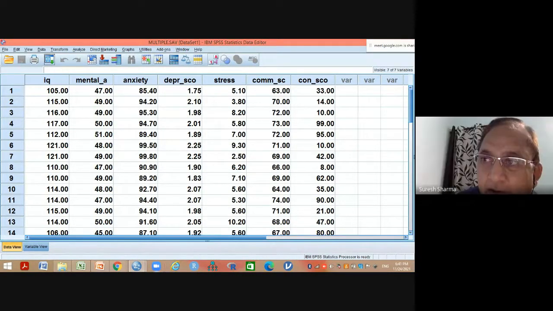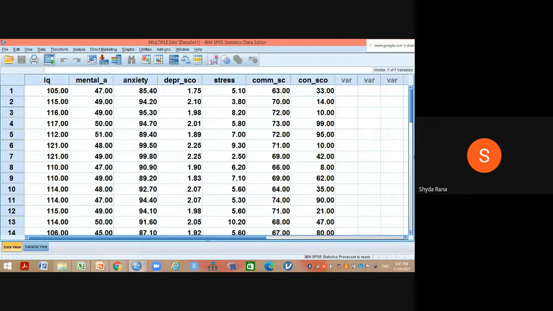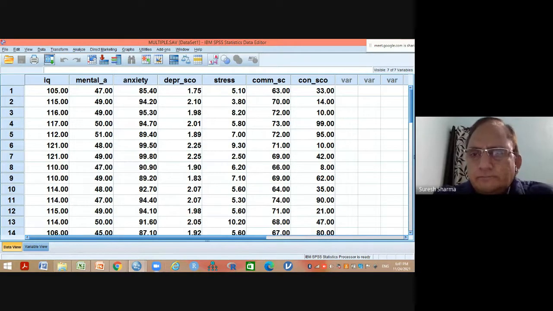Right. And let me tell you, adjusted R square, although it is R square, can be negative also. Very important point. Adjusted R square could be negative also. And if adjusted R square is coming out to be negative, do not apply the model at all. That means your model is absolutely absurd, absolutely wrong. This data doesn't fit well to this model. Okay? Right, sir. Thank you, sir. Any other question?